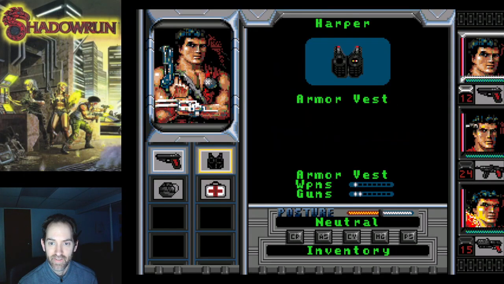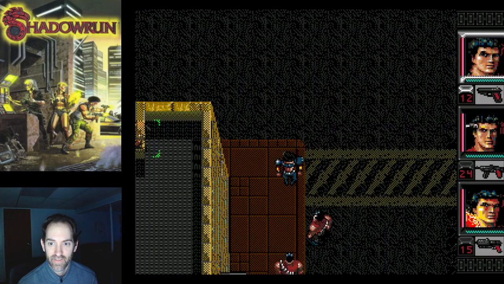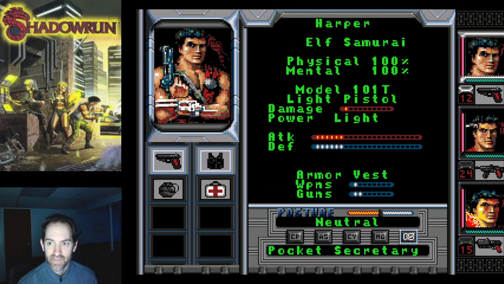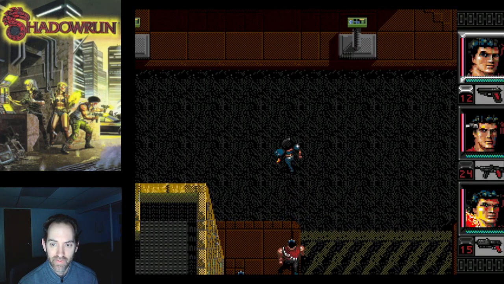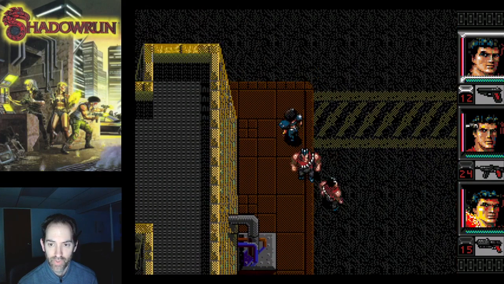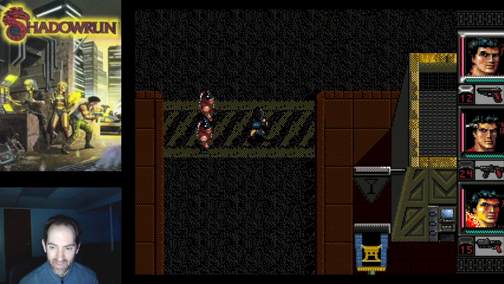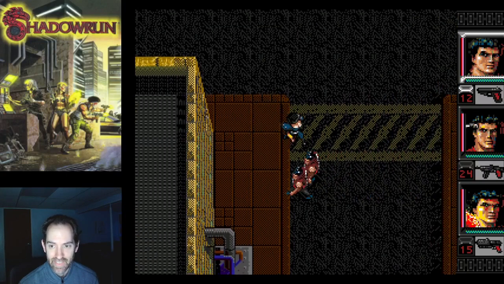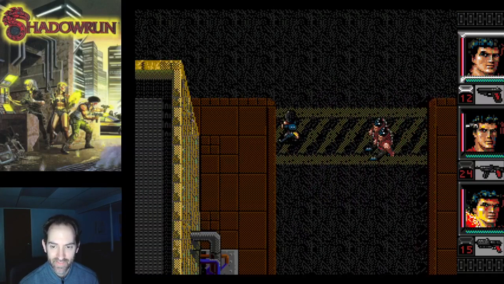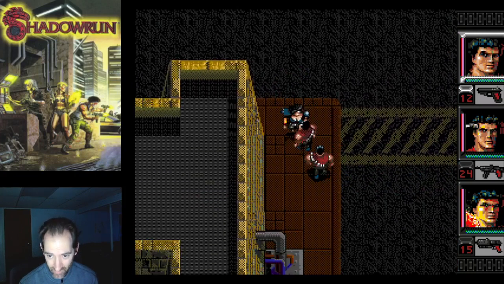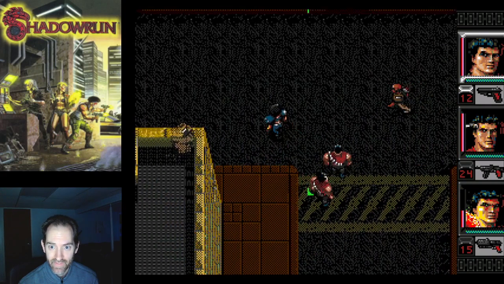So I just need to figure out... Basically, I need to figure out, because my name still stays Harper, and I stay an elf. So I just need to figure out where in the load game routine it switches your portrait back to the wrong portrait. And then this would be a complete ROM hack. I really hate to release a ROM hack where it's just kind of half-arsed, you know? So anyway, what do I need to do? I need to figure out,